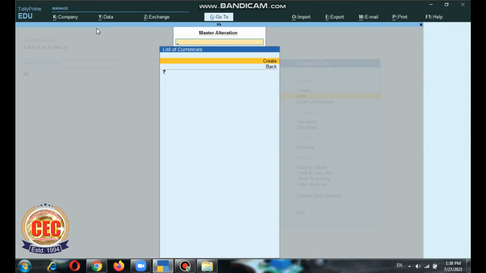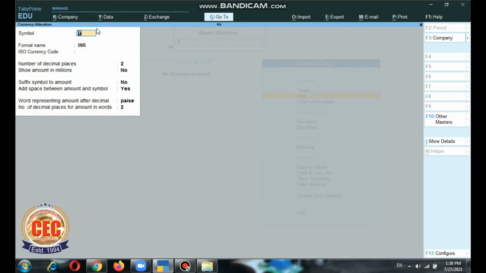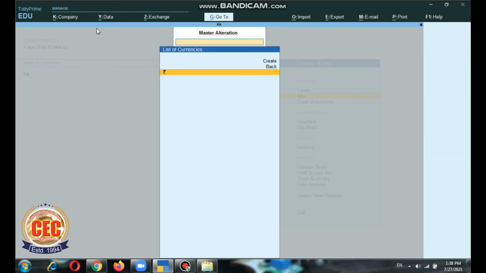Now, as we are setting it for our Indian currency, we will select the Indian rupee option and then press the Enter key. Here you will have to simply press Enter and accept it. This way you will have to set the ISO code for currencies.